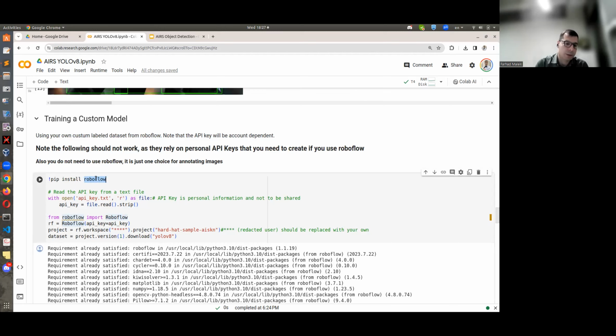Plus, it gives you an option to accelerate this annotation, which means you don't need to annotate everything. You annotate part of your data, and through Roboflow, a model can be trained, and Roboflow extends that annotation to the others.